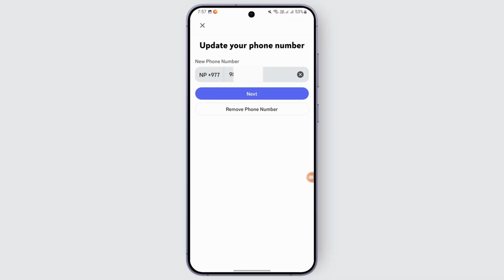If your country code is not selected, you can tap on the country code option and select the country where you belong. In the next step, type in your phone number which is located on your device right now. After that, tap on next and you